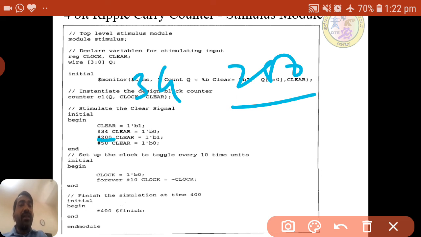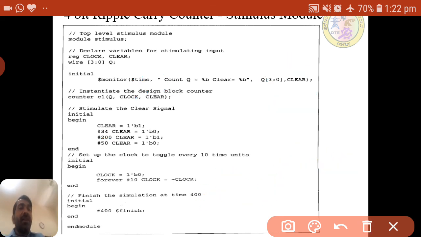At 200, clear is made 1 again. In that case the counter will become 0 0 0 again, then clear is 0 again, and it will keep running continuously.